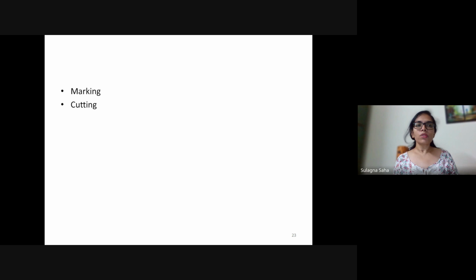So in most of your cases, if you're working at a boutique setup, the cutting can be done with scissors. However, if you are working in an industry where you are working with multiple layers, there are cutting machines, handheld cutting machines. It can be a straight knife cutting machine or a round knife cutting machine, depending on the number of layers and the type of fabric that is there, and you can cut the fabric.